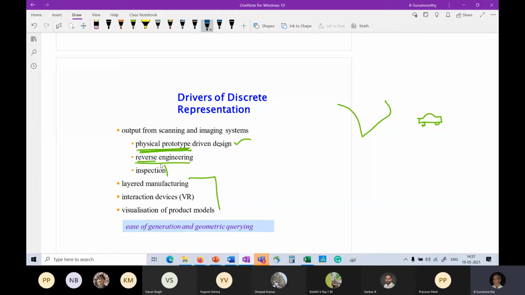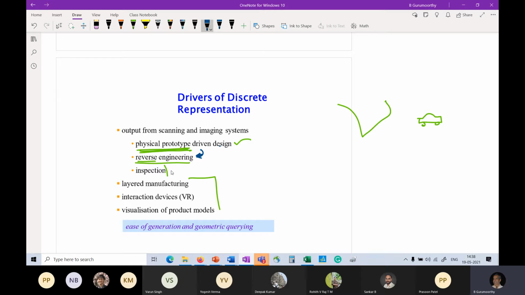So I can easily convert the physical prototype to a mesh of triangles, which can then drive my design process as a representation. Same thing, another motivation for the physical prototype driven design is in transfer of technologies. Typically, sometimes components and parts are given, but drawings are not given. And therefore, a lot of effort has to go in reverse engineering the physical part, through scanning and other additional methods, to convert it to a proper CAD model or an engineering drawing.